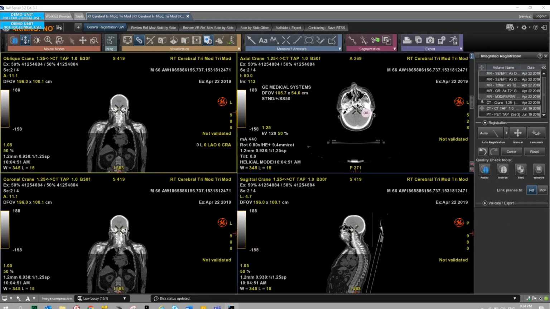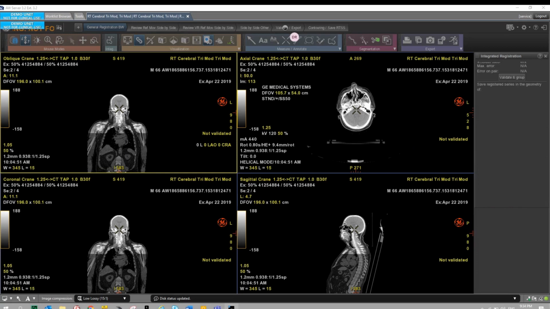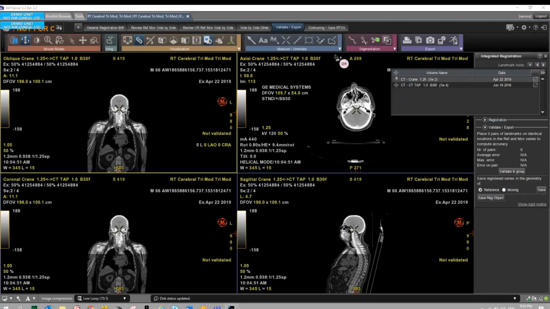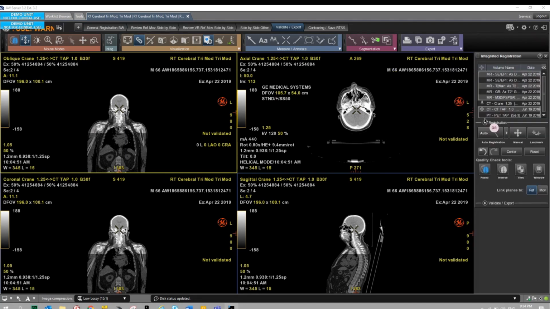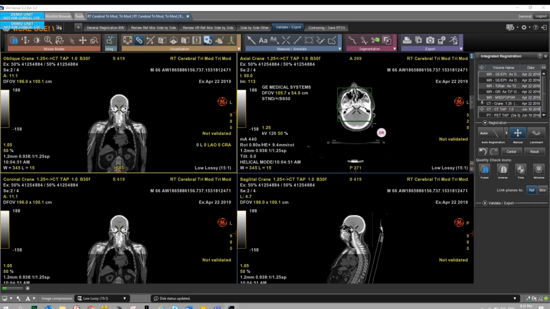So the challenge now is that those registration processes must be validated. So here we do the validation of the two CTs, but also the user can modify the registration process using a sophisticated algorithm, automatically or manual or regional. We can also imagine drawing a box on the patient, and the system will use those different voxels to optimize the registration.